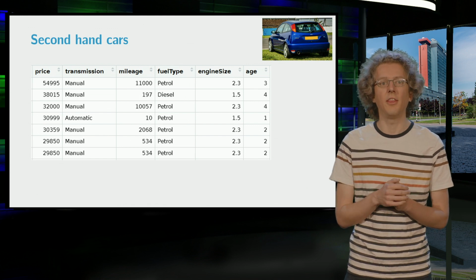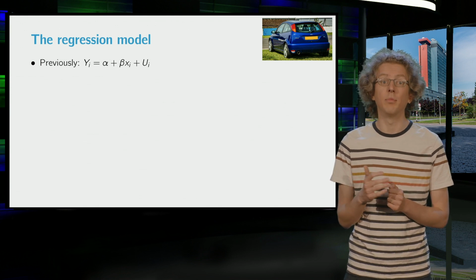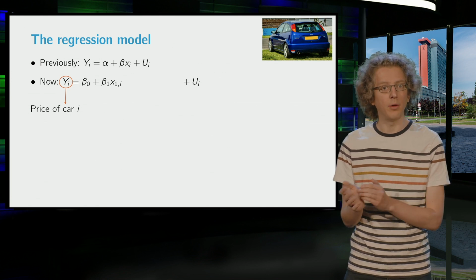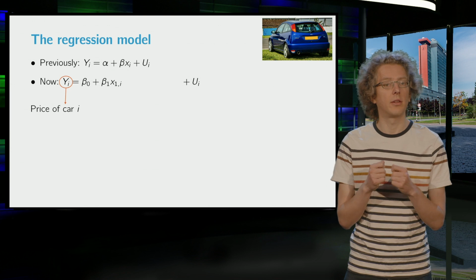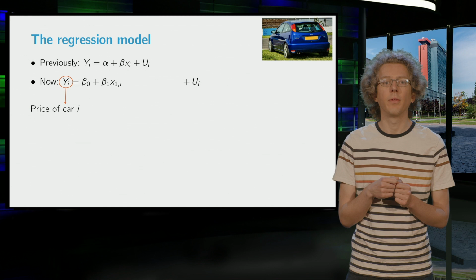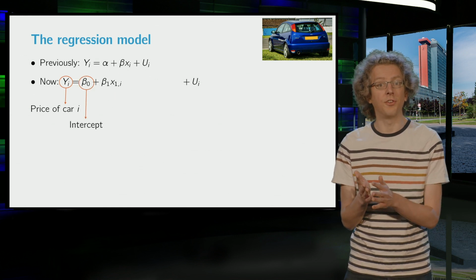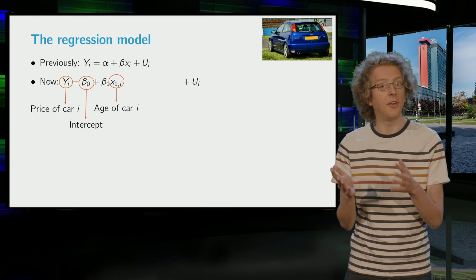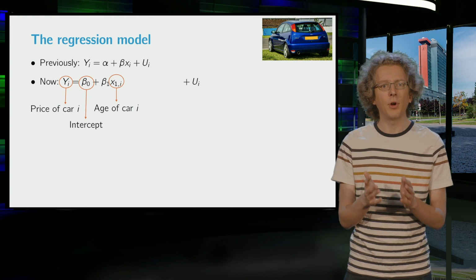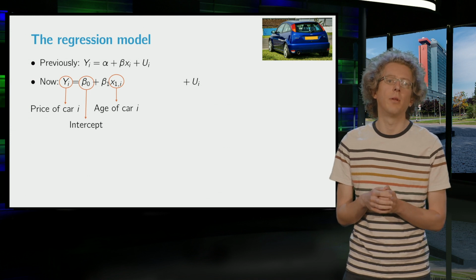Well, let's investigate this. Let's build the model as we did in the mortality example. In the same way as before, capital Y is our dependent variable, the one we will be trying to predict. Here yi is the price of car number i. We model yi again as an intercept, plus a coefficient times our first variable, say the age of the car. Notice that we no longer work with alpha and beta, but rather with beta 0 and beta 1, since that makes it easier to add more terms later on.